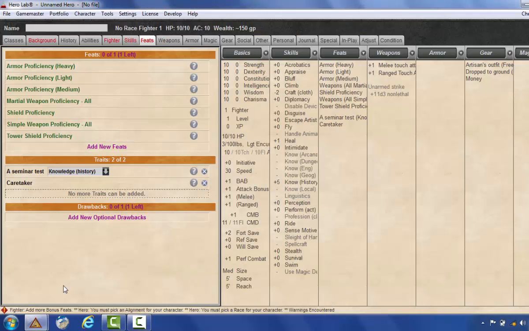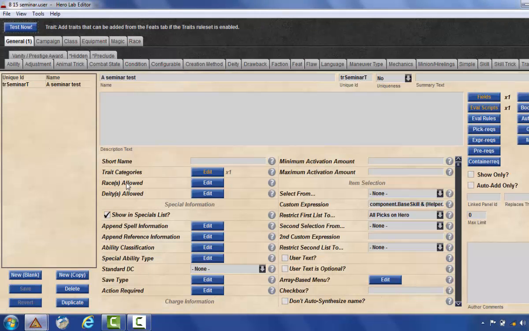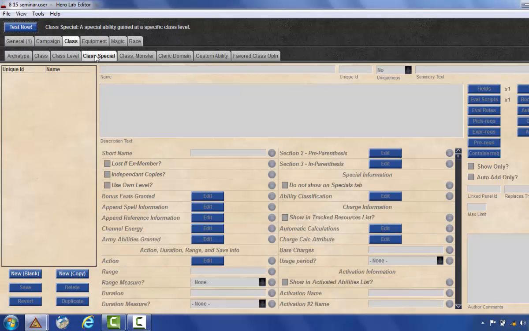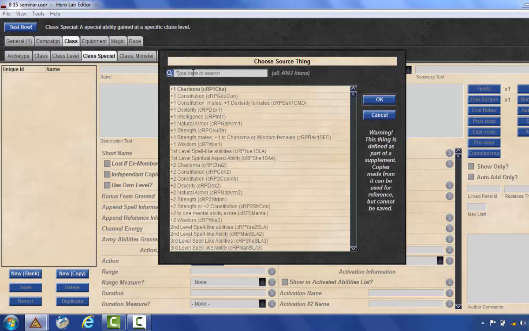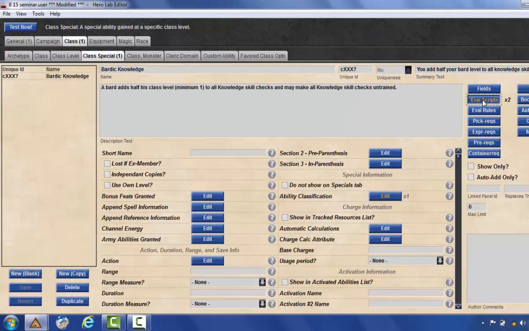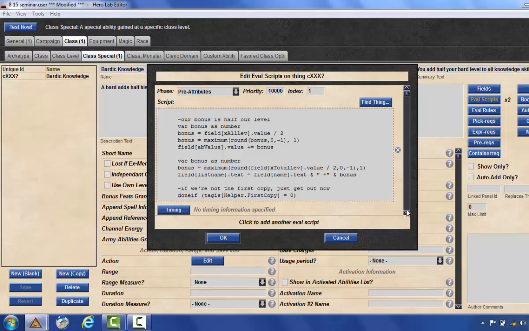Oh well, I will go all the way to the Bard one. So that Bard one is a class-related ability. It's a class special. Those are the permanent class abilities, the ones that you always get. And new copy, and that one is called, what is that one called? Bardic Knowledge. Nope, that's the